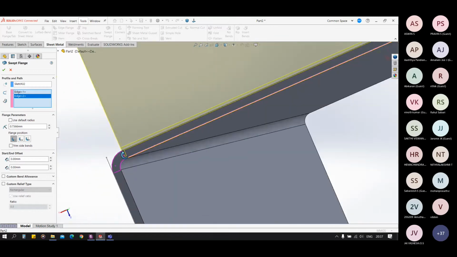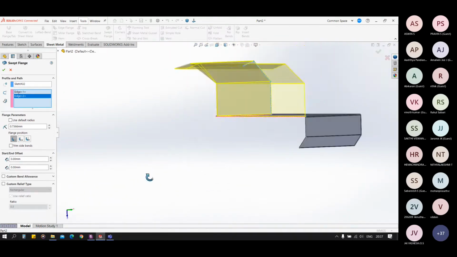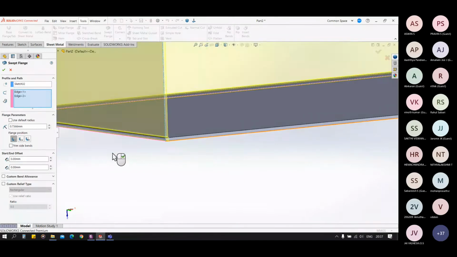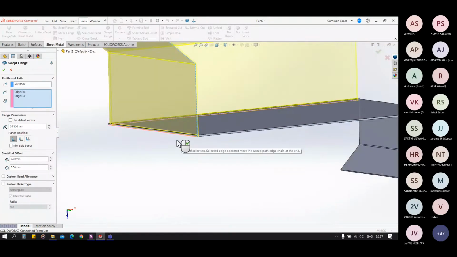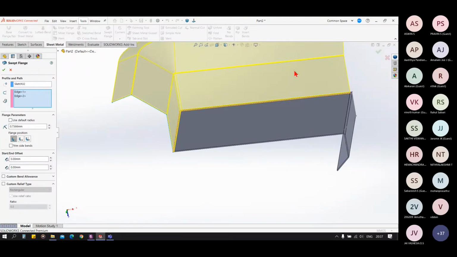and we can have continue, but the geometry is not like that. I guess we can have this type. So no, we cannot. We can have this only in the clockwise manner. Due to this bend, I am not able to select this edge, but you can select all the edges. And again, we have options for radius, for positions, and for the start and end offset values.